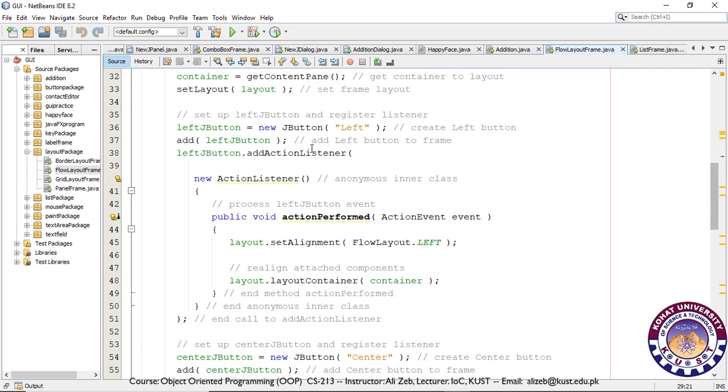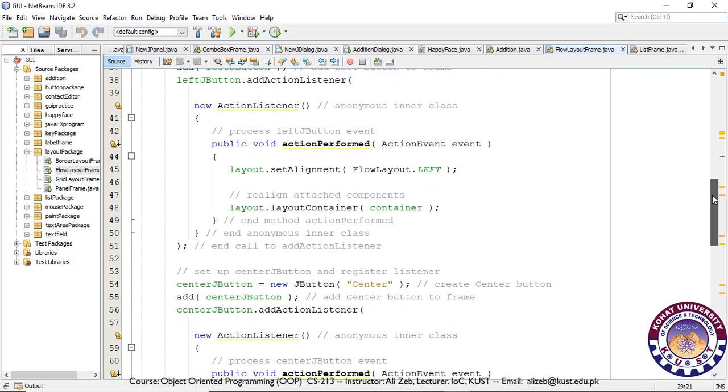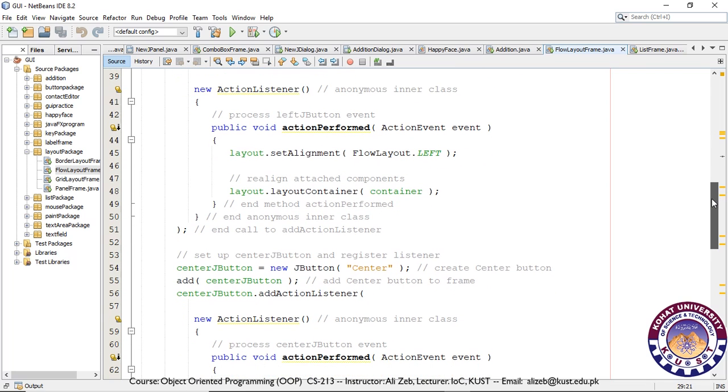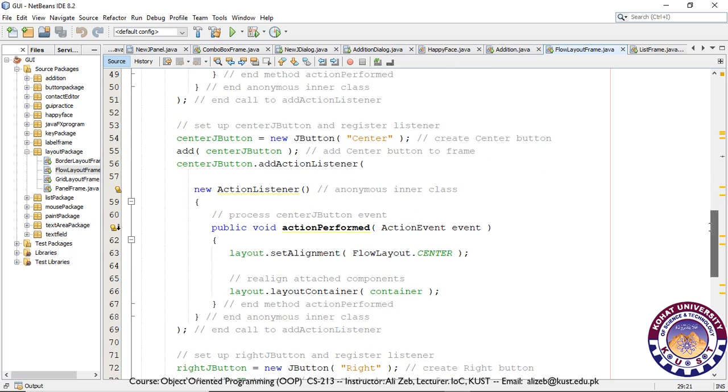The left button will be added with the text left, and for the action listener we are using an anonymous class, or inner class, over here. We'll be discussing inner classes and anonymous classes in a future lecture. But at the moment, what we are trying to achieve is to implement an action listener that shifts the buttons towards the left when we click on the left button. The same will be done for the center button